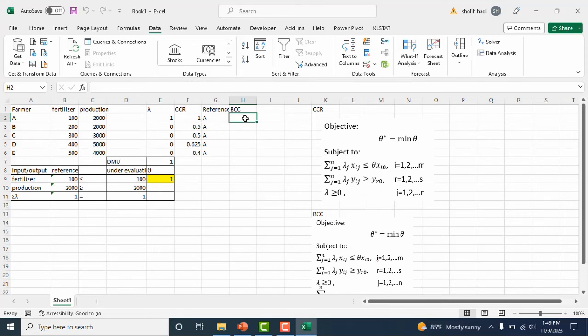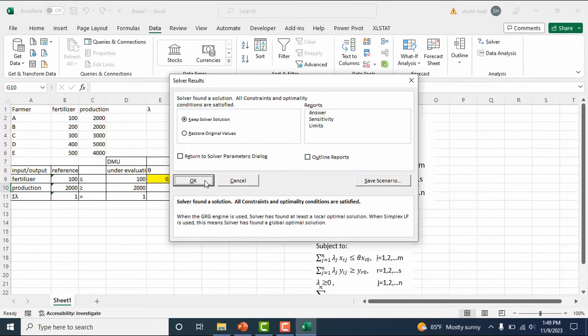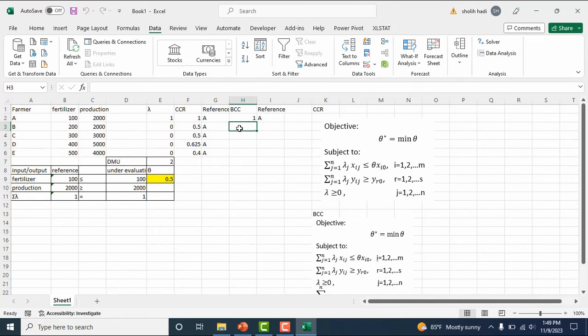Okay, the reference: number 2 is 1, number 5 is 0.6. The reference is A and D.